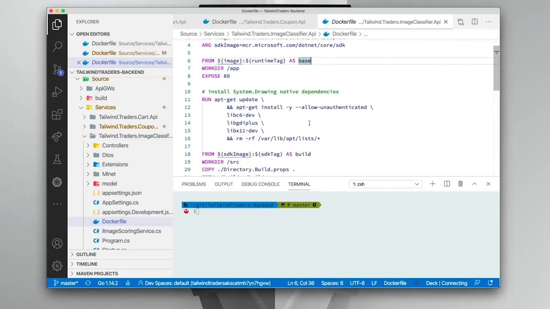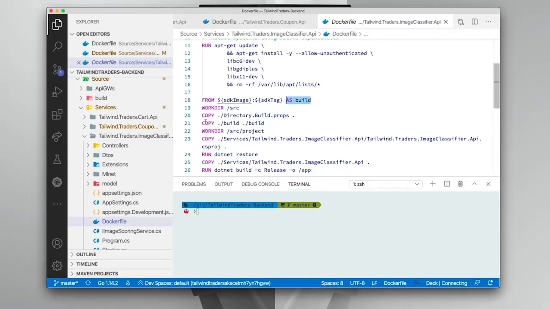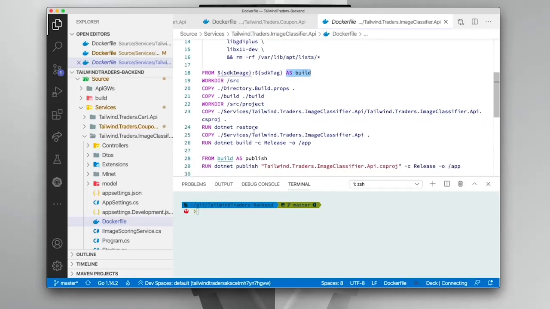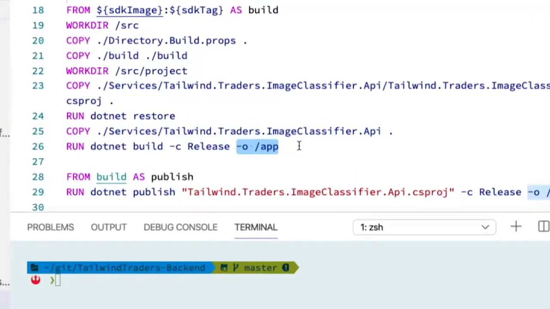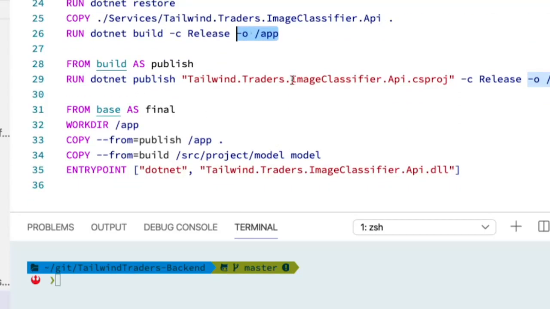So you have our base image where we're just going to set everything up for what we're going to need. We pass that off to our build image. So now we're going to take our from and we're going to actually create our build DLL files. We're copying everything over from our build props directory, our build directory. We're setting a project working directory, and then we're actually running our .NET restore and our .NET build commands. And notice this line right here on line 26, this part where we do -o /app, we're putting that output in /app. And that's important because when we get down to not only publishing, we're again putting that in -o /app, but